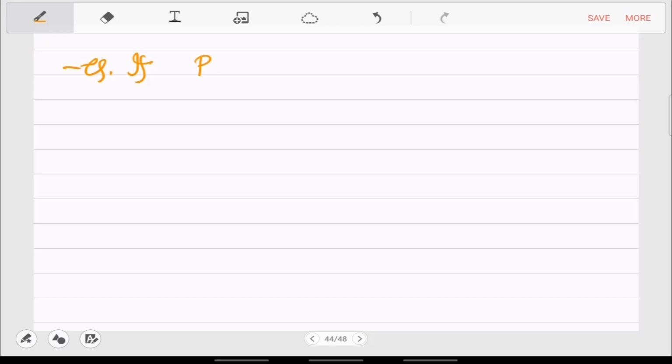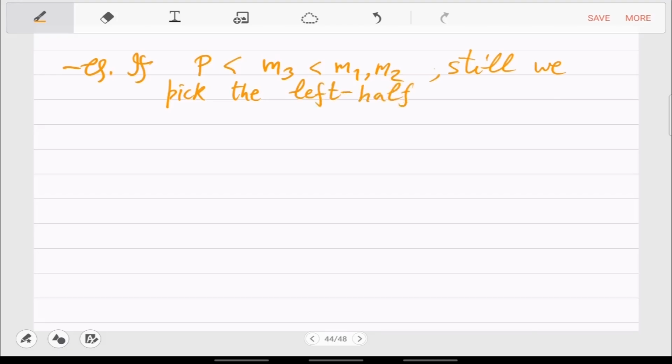So if P is less than M3, and M3 is less than both M1 and M2, still we pick the left half and not the right half. Which is unlike the first algo.